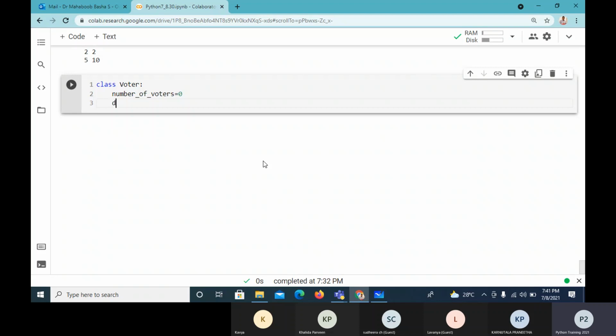Now I'll define init here, underscore init, with self. Now here I want to have two properties. One is name, another is age. I can take the same name, it does not matter. I want to have age because age is one important factor for a voter.